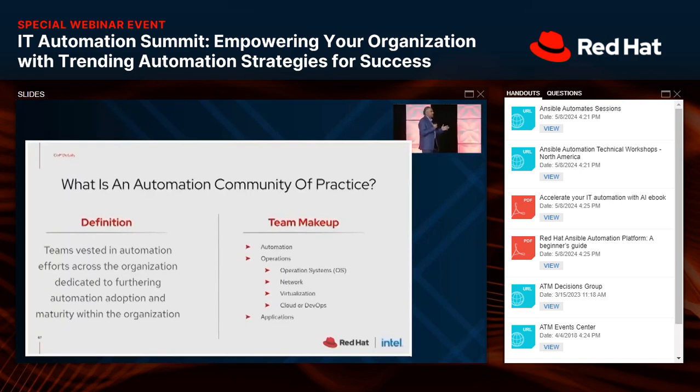This community can be made up of several teams. It will be made up of several teams. These teams could be, for example, a team that's focused on automation, on operations, on applications. On the operations side, you could have them with multiple features and facets. You could have them on OS, network, storage, databases, cloud, you name it, right? So this is what would be a buildup of an automation community of practice.